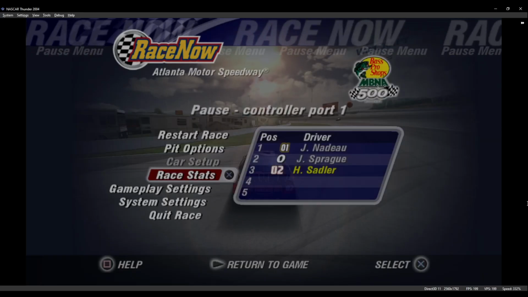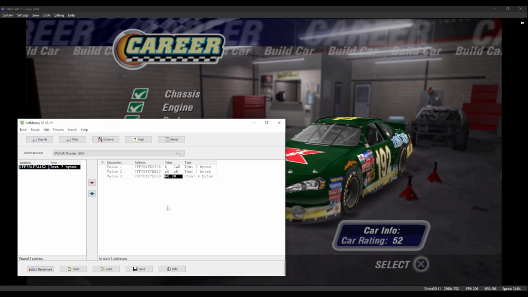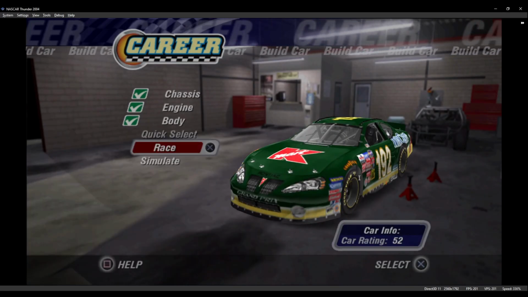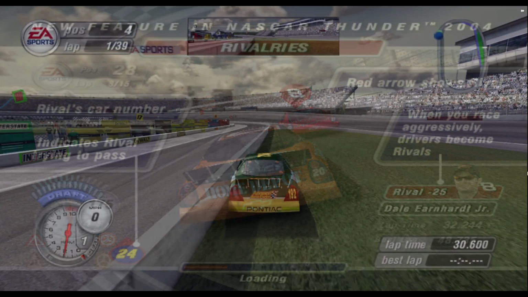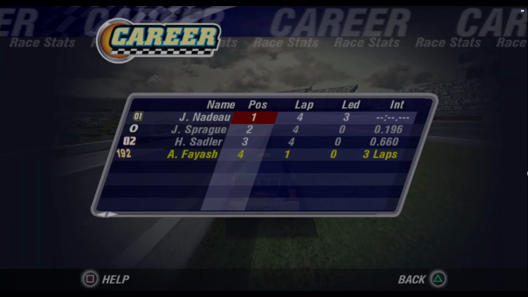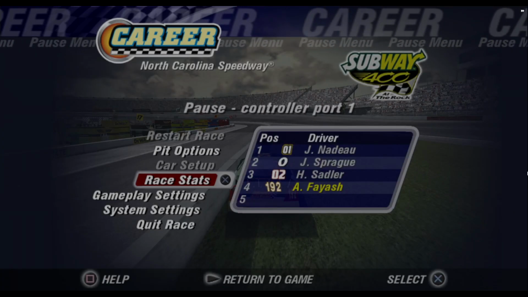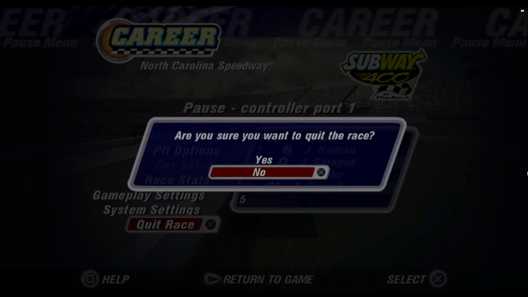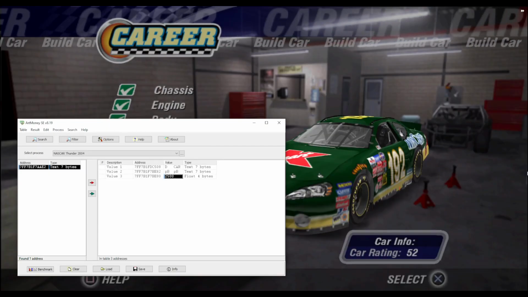However, if I did this in career mode, right now his stat is at 60, we're going to save state and load into this race. If I let this play out, it's going to be kind of a normal race at this track for these guys. And they'll run their normal lap times here, so 24.2s across the board. Now if I load my save state and I change the stat to that ridiculous number again,